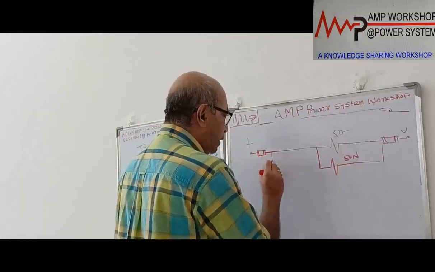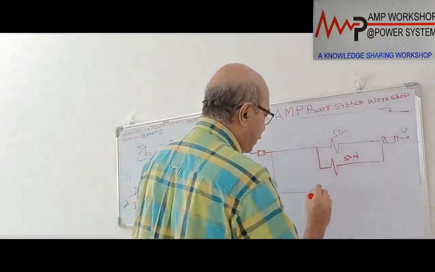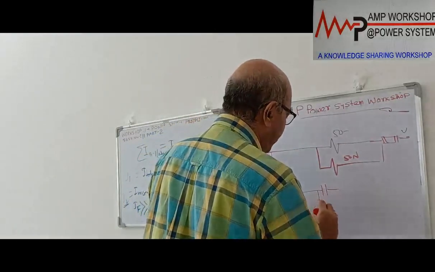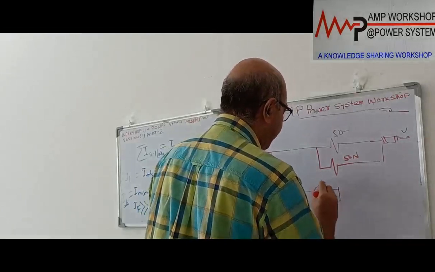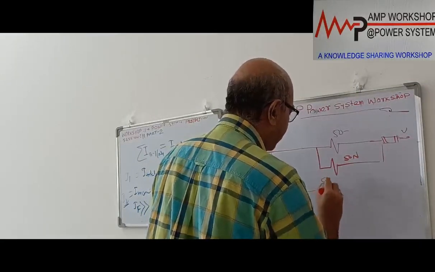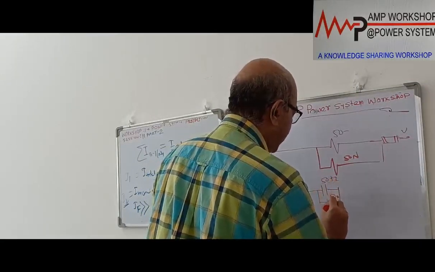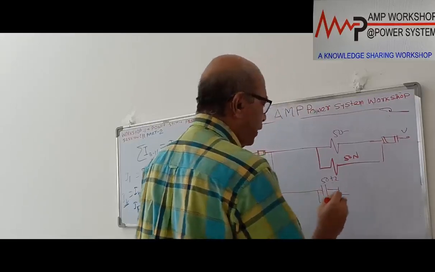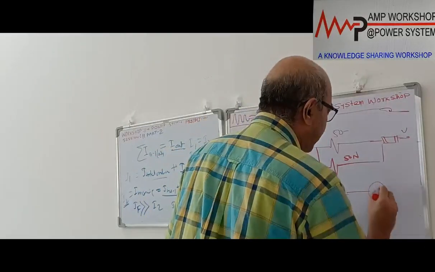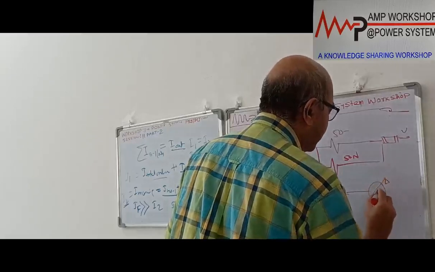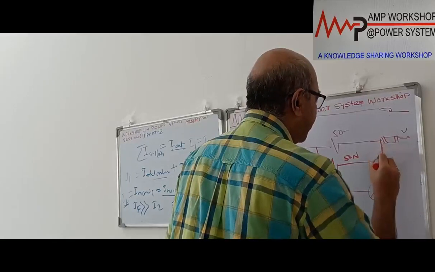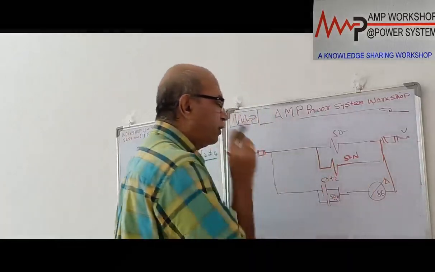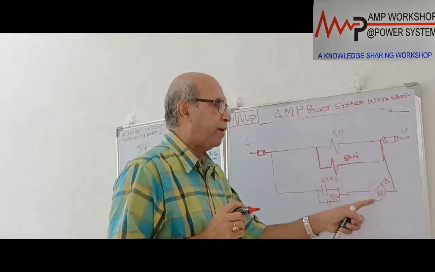This is the power supply. When this relay operates, then the 50 relay contact or the 50N relay contact, whichever is operating, may be with a timer, 50N plus timer, will go to a lockout relay, a hand reset lockout relay, the 86 lockout relay. This 86 lockout relay is a multi-contact relay with a hand reset facility.